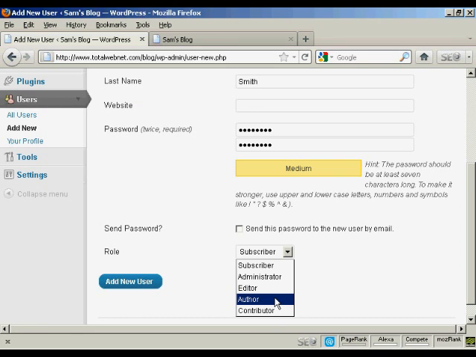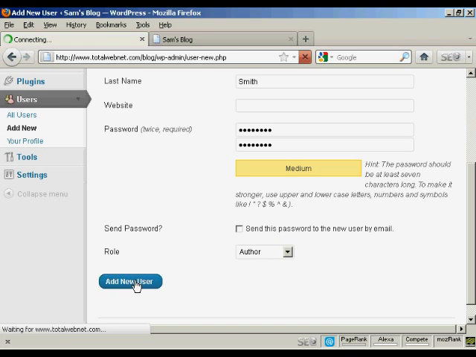An author is someone who can publish and manage their own posts but can't do anything else. And a contributor is someone who can write and manage their own posts but they can't publish them. And a subscriber is someone who can only manage their own profile. They can't do anything else. They can read your blog but nothing else. Okay, I'm going to assign this person the role of author, so we can click there and then click on add a new user,